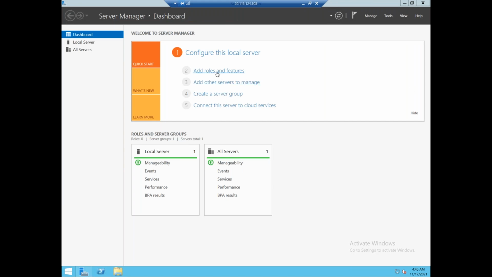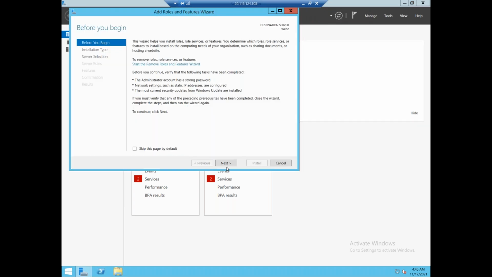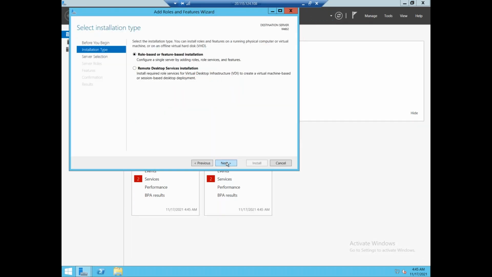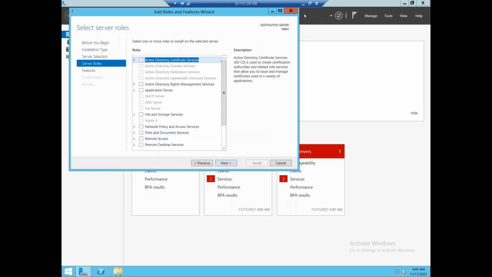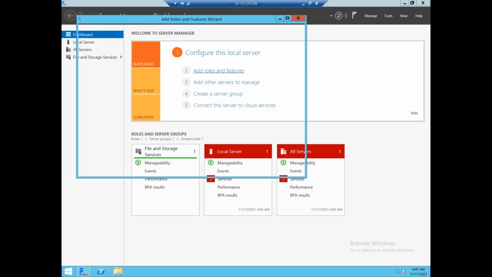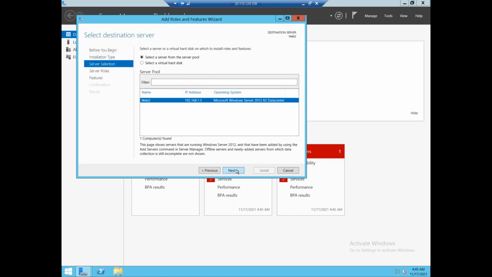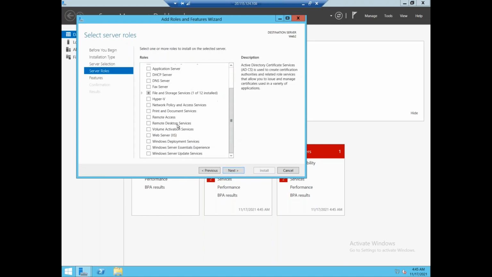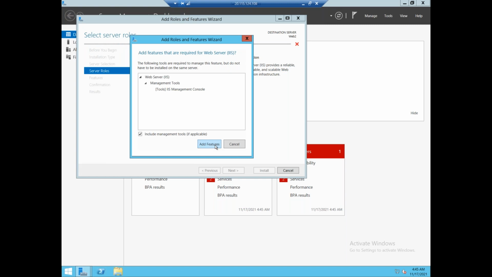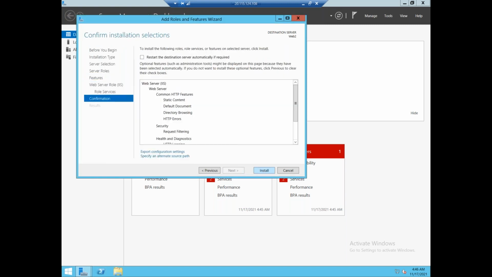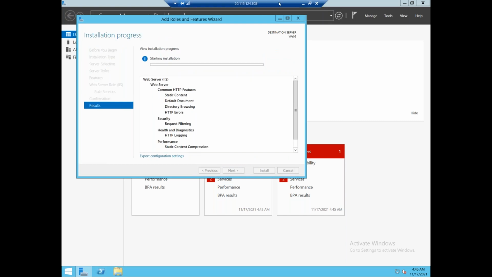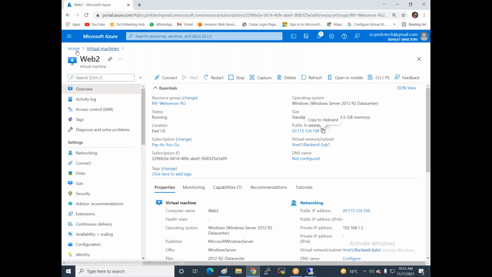Click on add roles and features. Okay. Then next. And click on install.